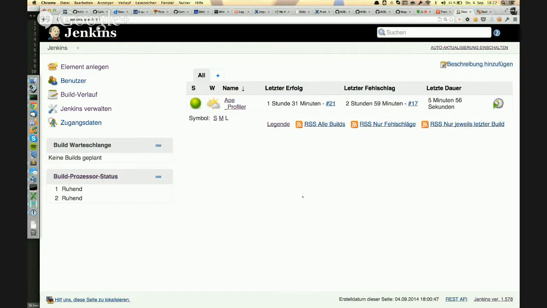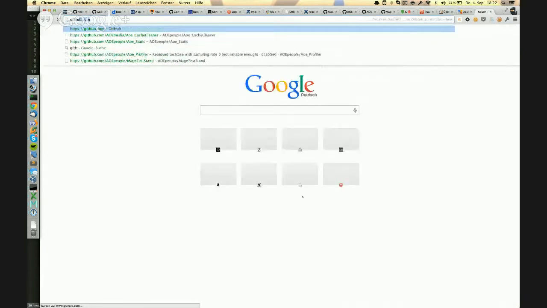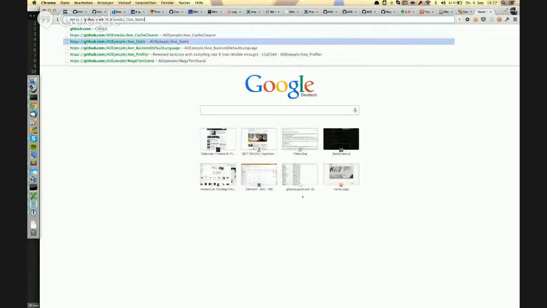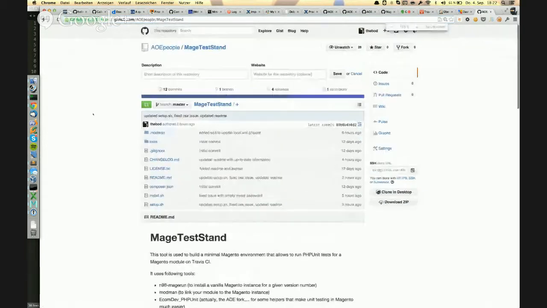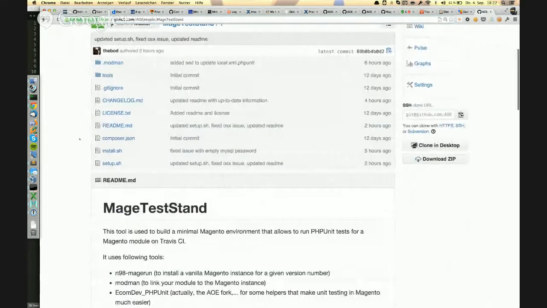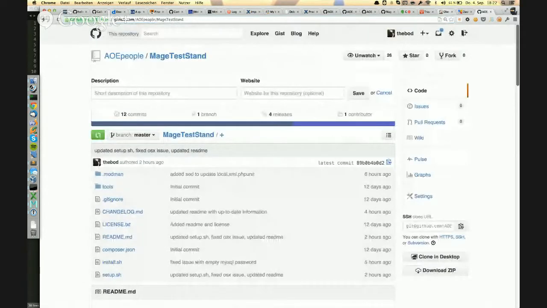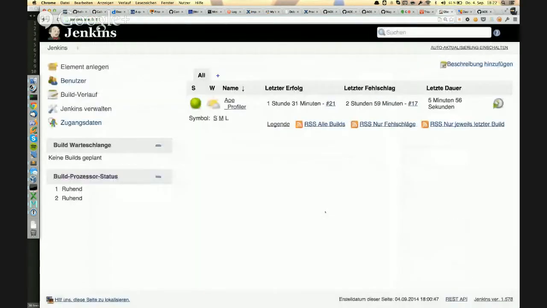And this is basically taking care of everything, like setting up the databases, installing Magento, and stuff like this. So you can find this module on our AOE people account, where it's up to date and should work like this. So basically what it does, I'm starting with the Jenkins configuration. Usually you have your module, you have everything set up. So what I'm using here is the so-called